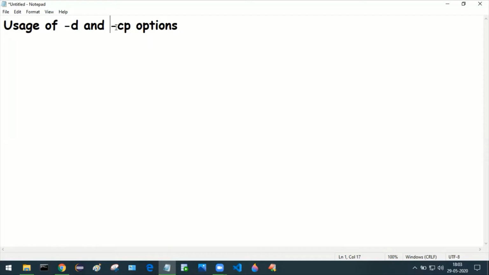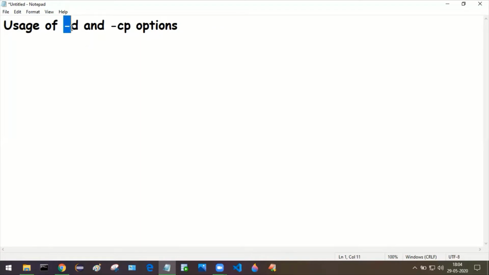In Eclipse you don't use these options because internally Eclipse will take care of everything, you just need to click on the run button. But while you are compiling and running by using just a simple text editor, to be more organized, we are using this -d and -cp.